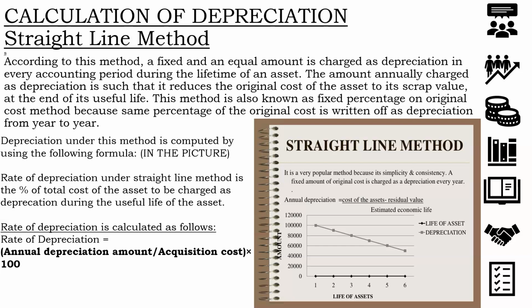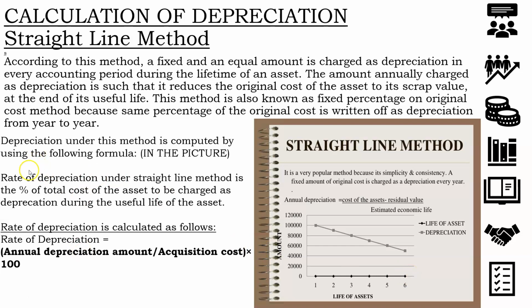And say you have a very old chair at your place, which you bought years ago, and today if you want to sell it to a rag picker, you will get some amount for that also, right? So there is always some residual value of an asset, which you will get if in future you want to sell it for some price. So that is known as the residual value of the asset. So cost of the asset minus the residual value divided by the estimated economic life gives us the annual depreciation according to the straight line method. So when we plot the annual depreciation, we always get a straight line over here. Life of asset and the depreciation shown yearly.